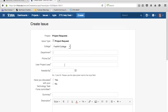And then give us a date. When do you need this by? And so be as specific as you can. We may need to come back and negotiate that need-by date with you depending on the ultimate scope and scale of the project. But tell us approximately when you'd like to have that project